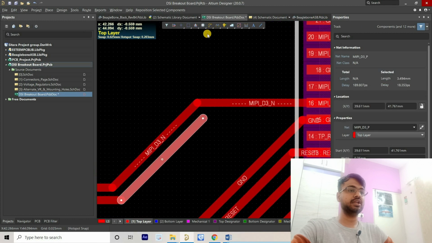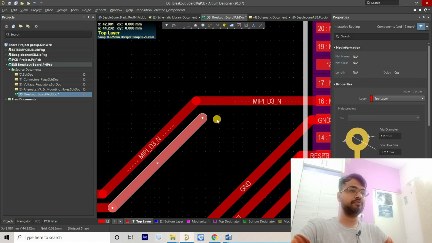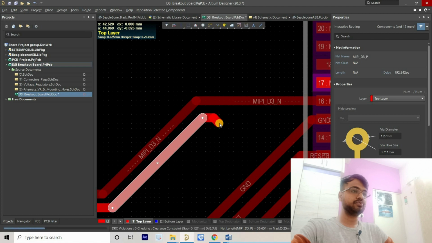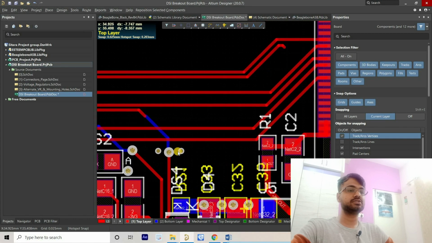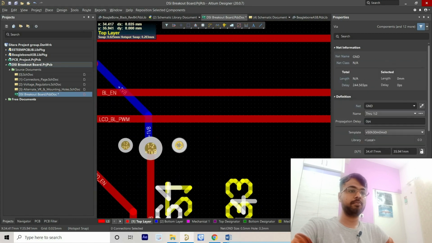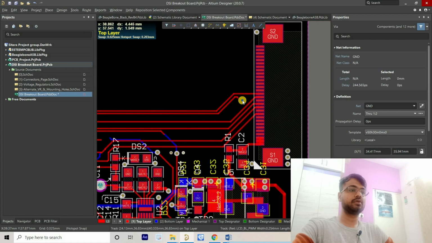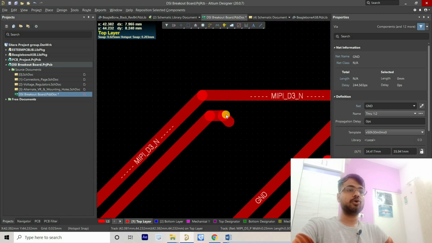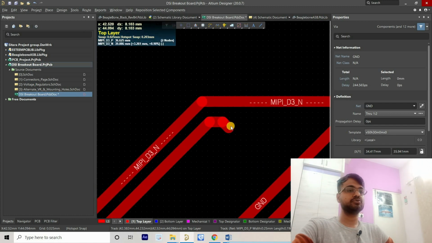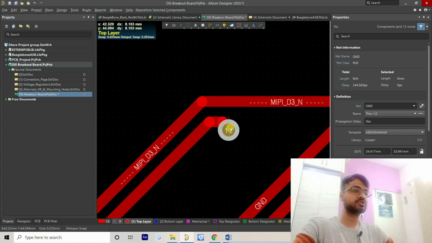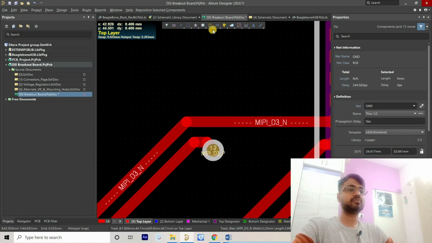Then I have to switch the layer. So for that, what I will do to avoid decoupling — because these are differential tracks and we have to follow the coupling, right? I'm not just going to copy a via from here, so I'm not decoupling these tracks more than the threshold length. So you have to place the via as close as possible, right?